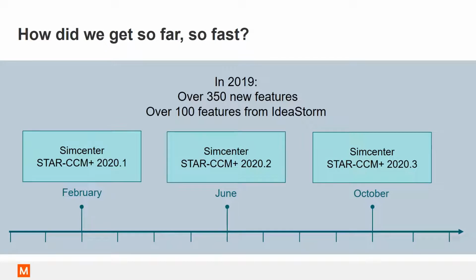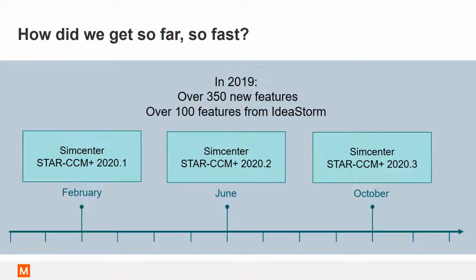Now, one of the key reasons is that SimCenter Star CCM Plus releases 3 times every year. So with this very aggressive release schedule, they were able to deliver on average 300 new features each year. And this has allowed SimCenter Star CCM Plus to grow into the tool it is today. One of the things that the development team utilizes to help decide what features they bring into the code is IdeaStorm.